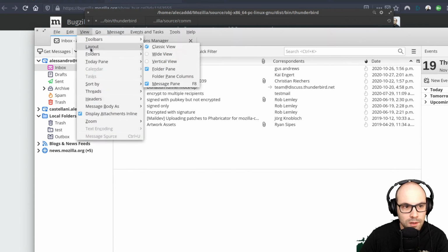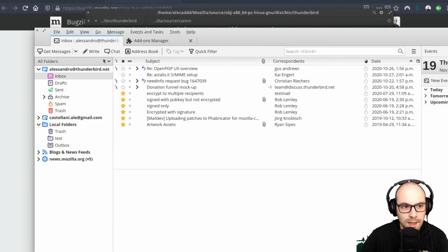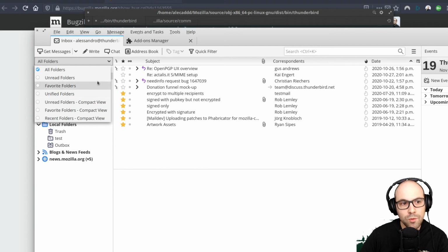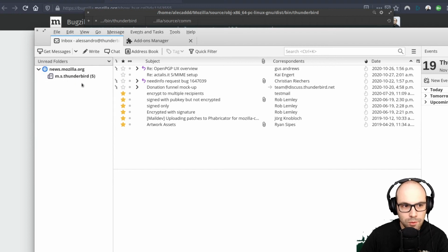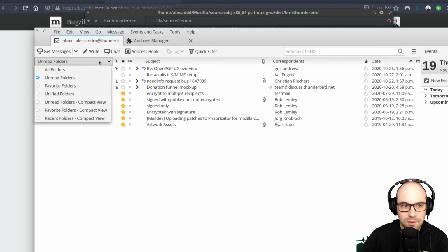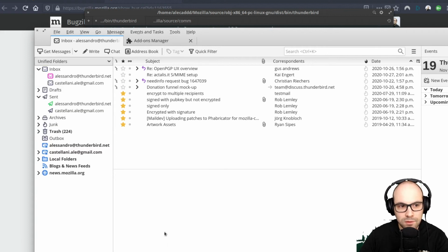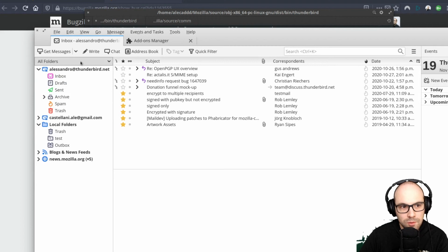If we want, we can enable the folder pane toolbar that allows you to change what view you want to have. You want to have all the folders, or you want to just list all the unread folders, or you want just your favorite folders. Unified folders is a weird view which unifies all the inboxes, all the drafts, all the things. We have all different views, which is kind of handy sometimes, but it's kind of annoying that, for example,